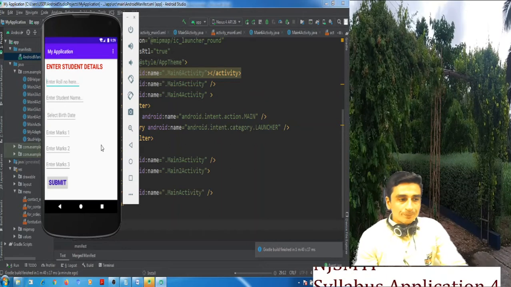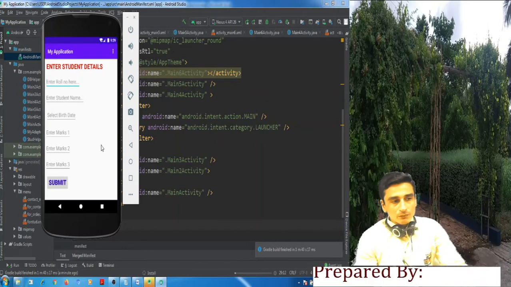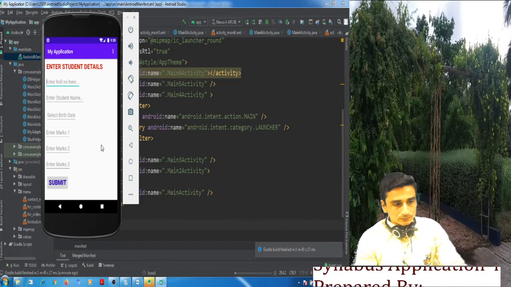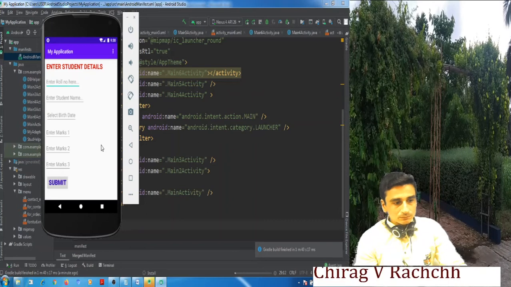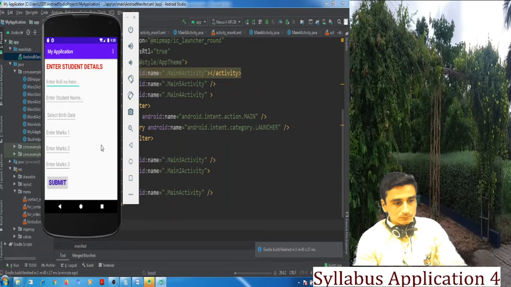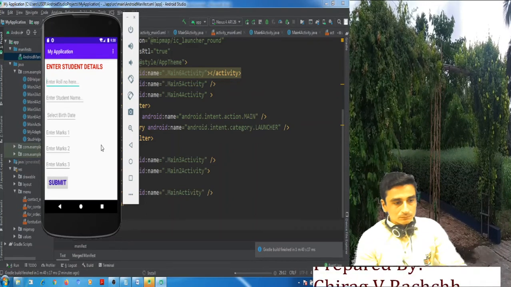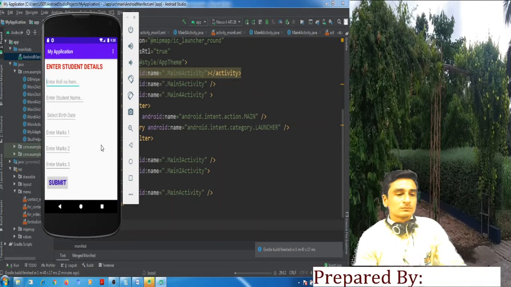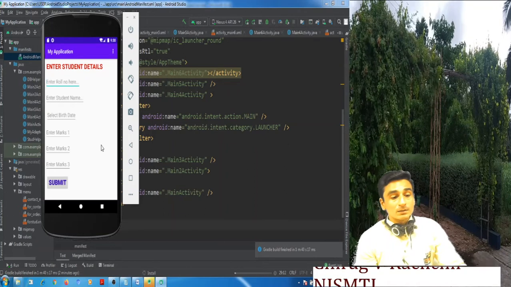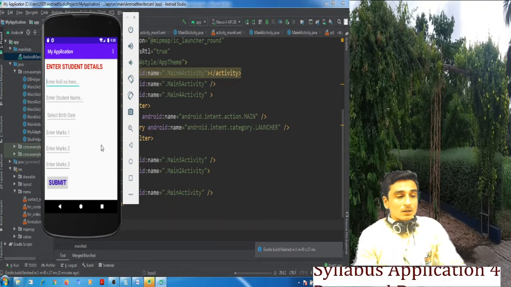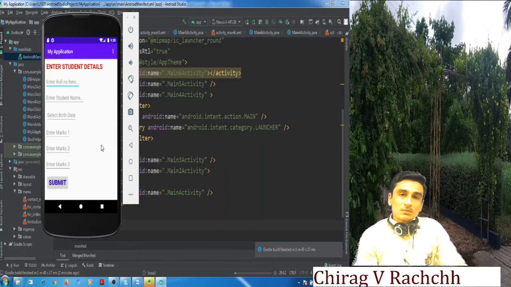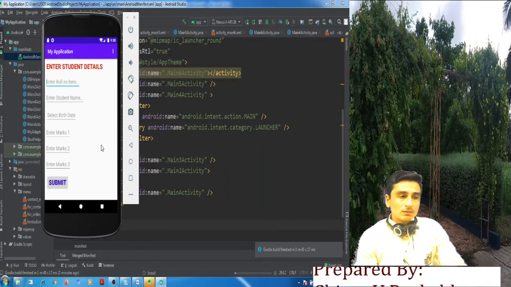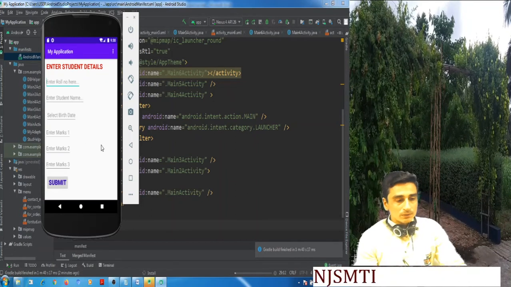Let's check it when the output is in front of us. Still it is going. The first installation takes some time. The following installation and testing are a bit faster than the first one.